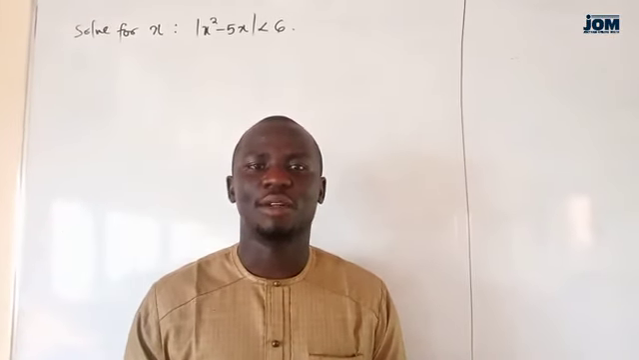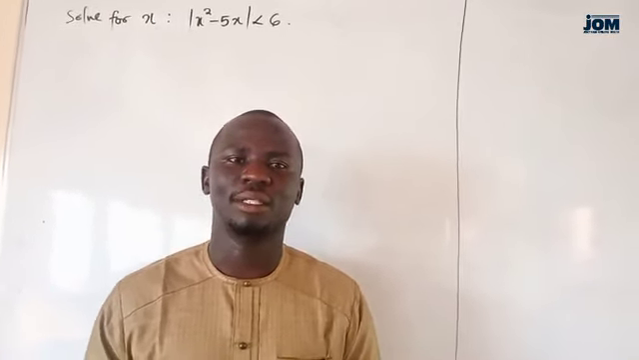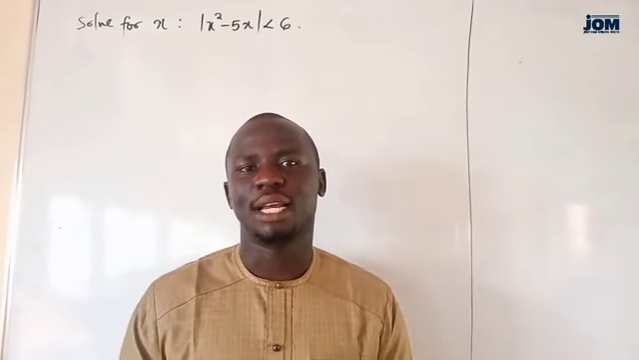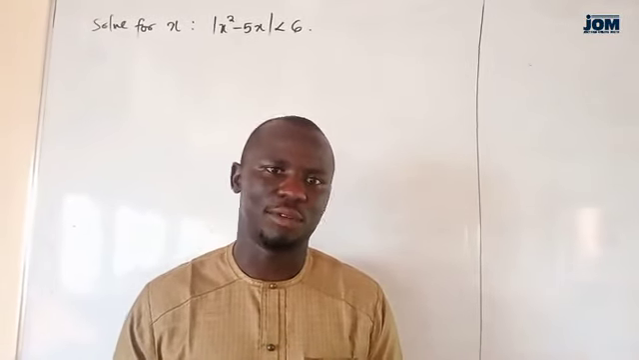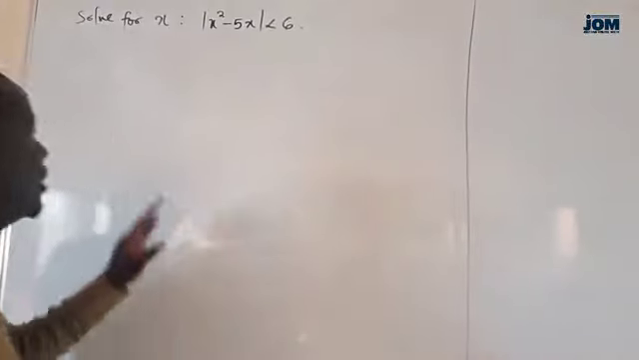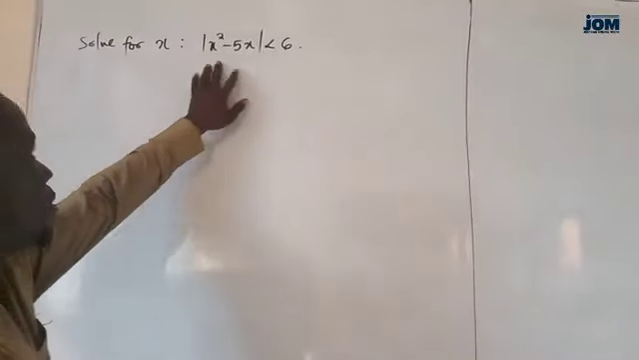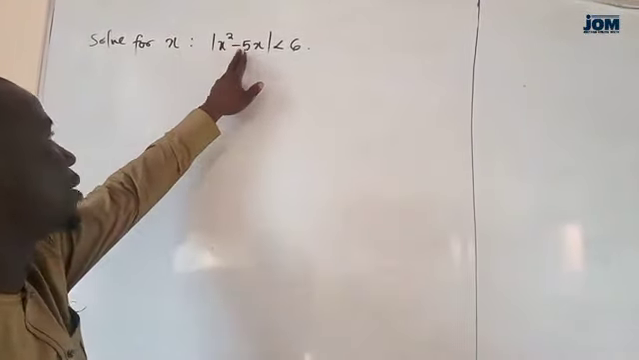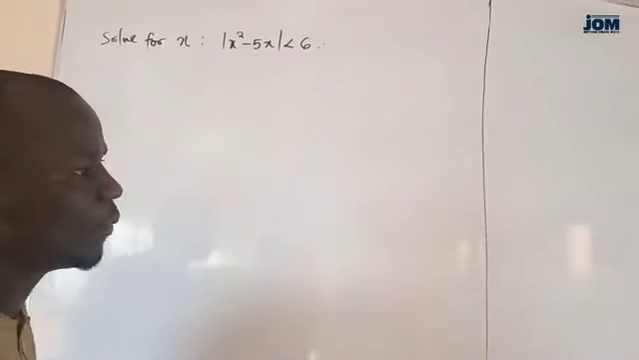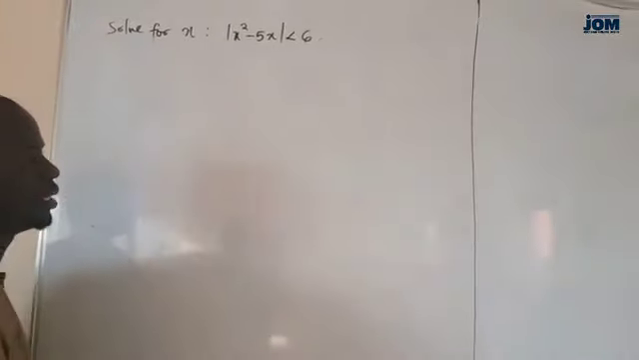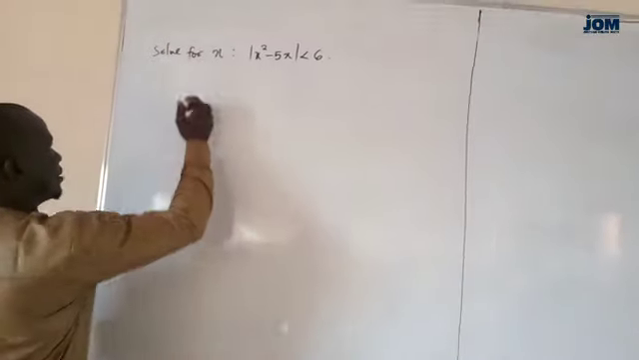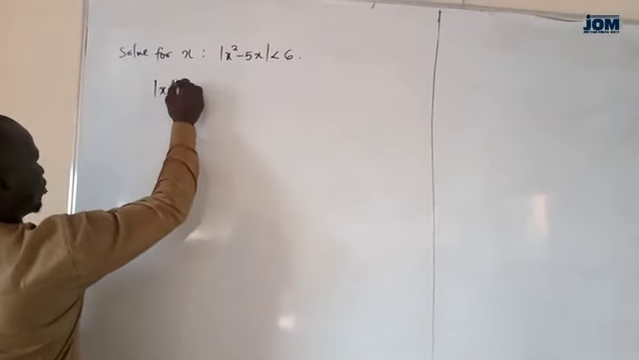Today, we shall discuss inequalities. But this time around, it has to do with an absolute value. Now, say solve for x if the absolute value of x squared minus 5x is less than 6. When we're talking about absolute value, actually, an absolute value is defined as this,